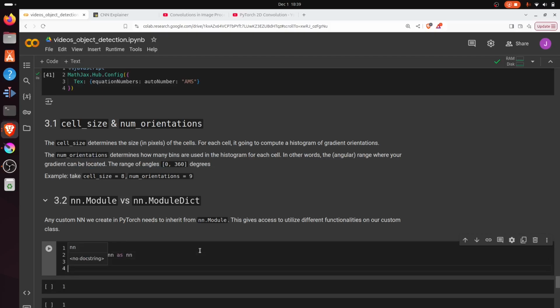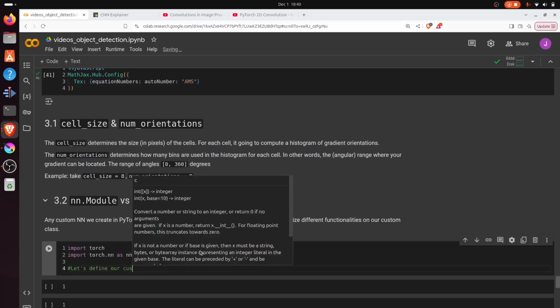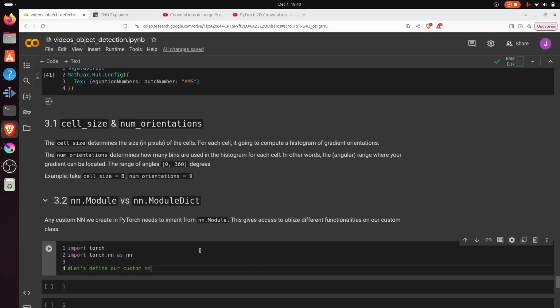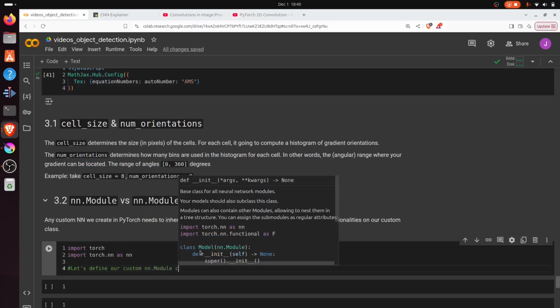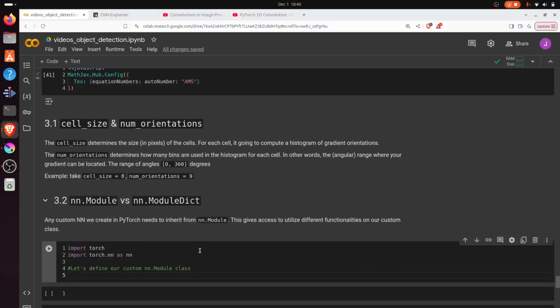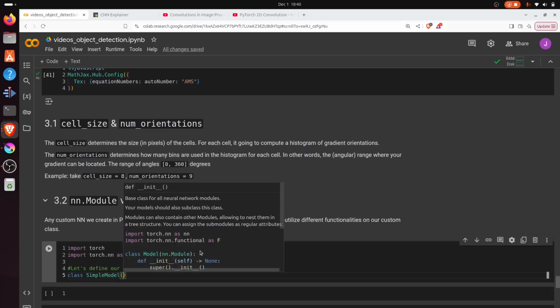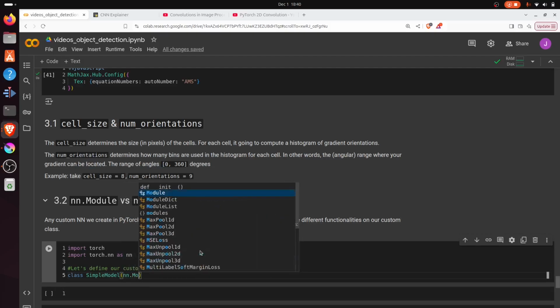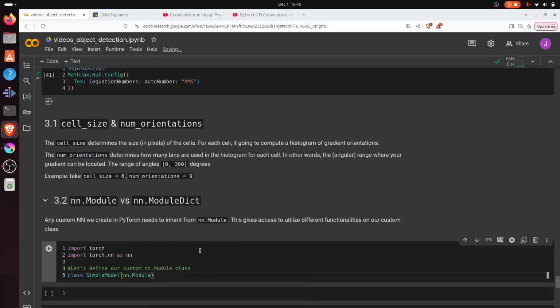So now let's define our custom nn.Module class. Okay. So let's start with that. Let's call it, for instance, SimpleModel. And here we need to call our parent class. In this case, it's going to be nn.Module. This is the most common choice. Okay,